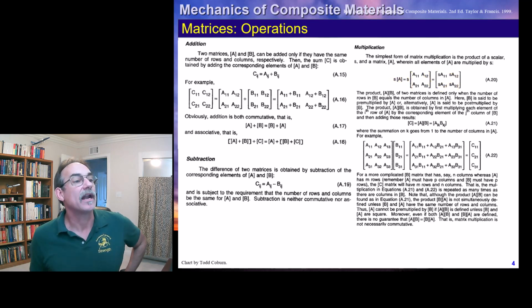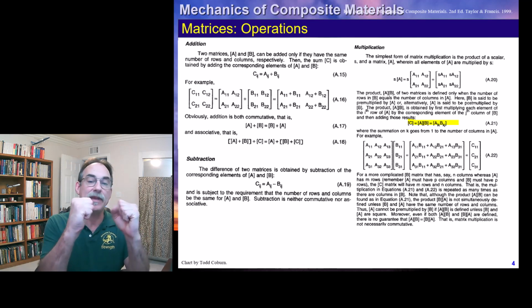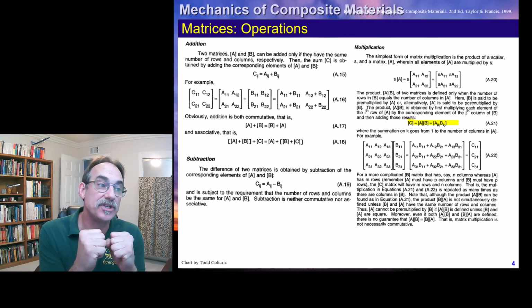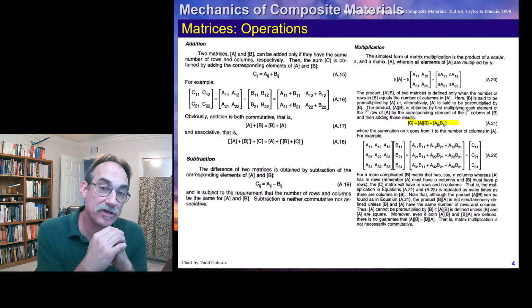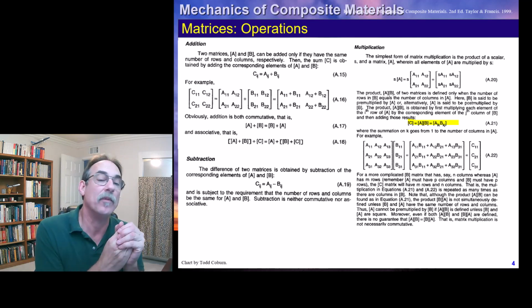Now, if we have the product of two matrices, you can show it in tensor notation like this, where the multiplication of A times B is defined if A has indices IK and B has indices KJ. You'll notice the inner dimensions. The second index of the first matrix and the first index of the second matrix have to be the same for the multiplication